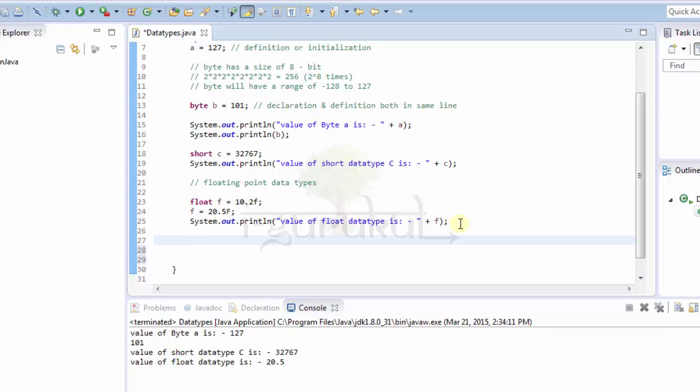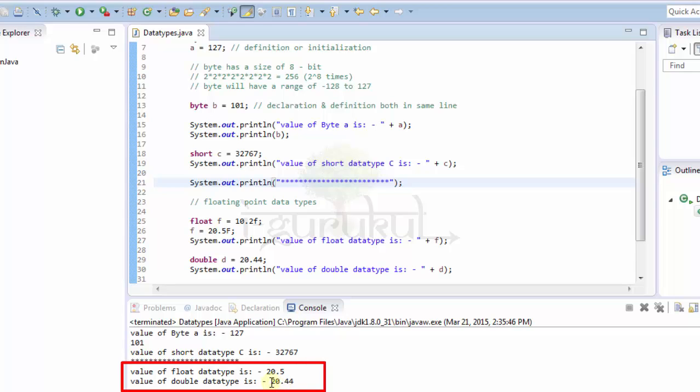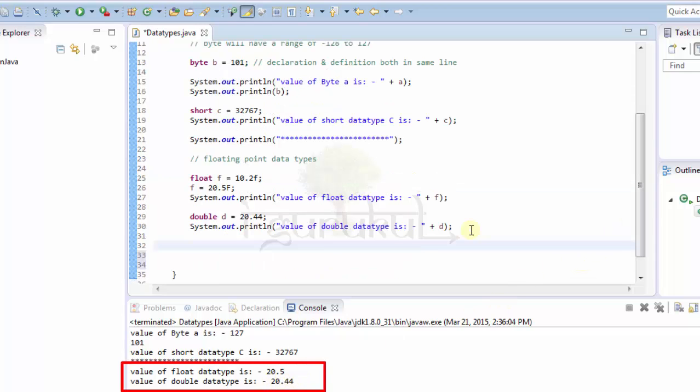Similarly, if you want to print a double, use double, take a variable d is equal to 20.44 semicolon. See, it has not given me any error. Let's check out the output. I will be copy pasting again. See, I have got an output of 20.44. So this was floating point data type. Many math functions return double values, so Java uses double as by default data type for floating point numbers.